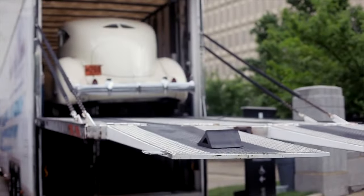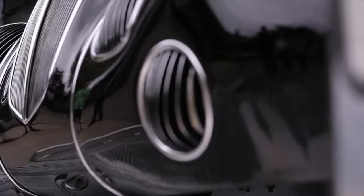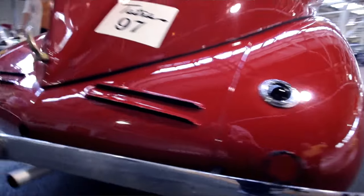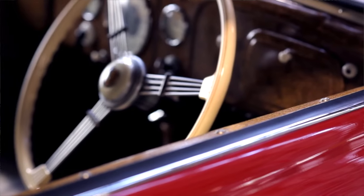Yeah, it was Sensuous Steel, which was an Art Deco exhibit. Lane Motor Museum had a Tatra T97 in that exhibit, and we worked together with the Frist because they brought a lot of people into Nashville, and so a lot of them thought, oh hey, we can make a day of it, you know, we can go see the cars at the Frist and we can go to the Lane